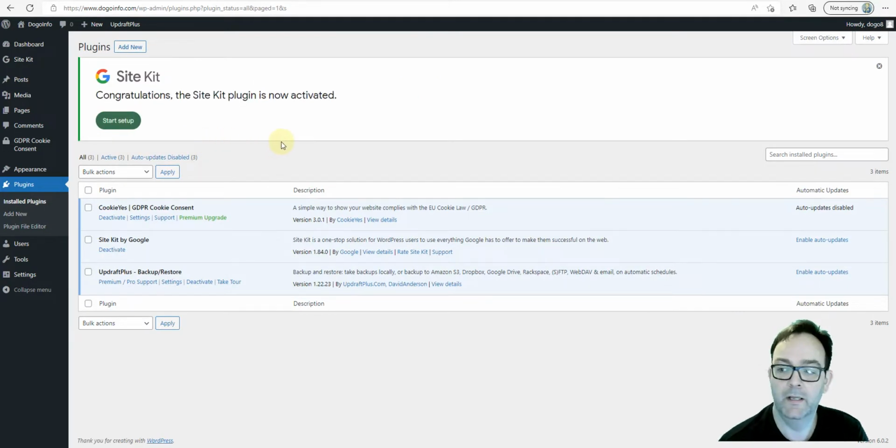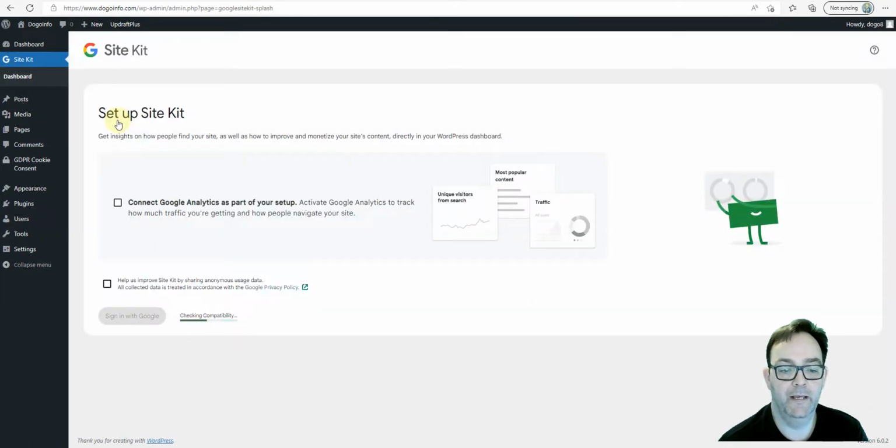There we go. So what I can do is I can either just go straight into the Start Setup button over here, or I can look on the left here in my menu. I can click on Site Kit, and I can do it from there as well. But it's just easy to just click on Start Setup, and it's now telling me that I need to connect. Now, of course, to connect with Google Site Kit, you will need a Google address or Gmail address